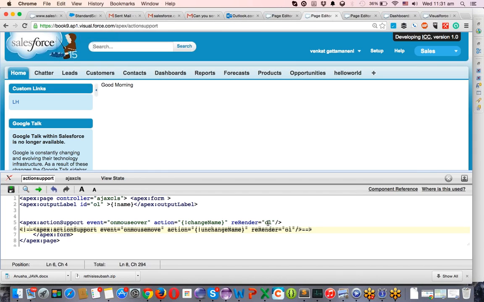We are supporting this component, the output panel. There is a name. This is the same way we have done in the previous example also. We replaced only the action poller tags with action support tags. And when I bring my mouse cursor on top of it, the first action support refreshes, because the same method is being called. The change name method will only change from controller technologies to good morning, and the second method will change from